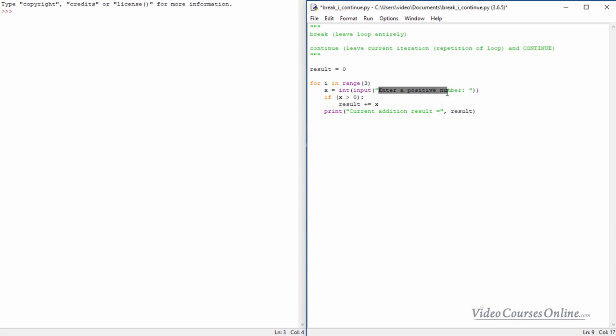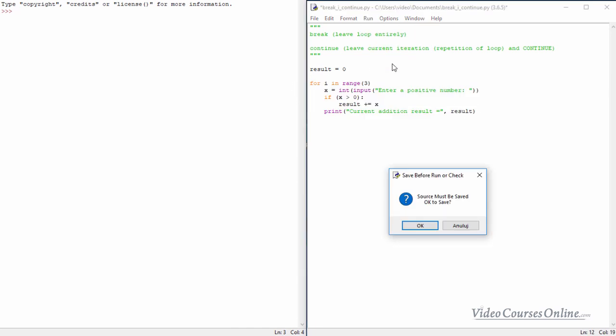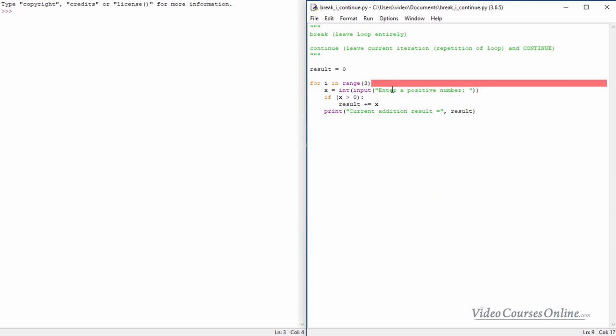Okay? Then we ask the user for a positive number. We change that number, because it's really a string, into an integer using the cast function. Then we assign it to x and then we check if x is greater than 0. If yes, then we add this x to the result and then we send the current addition result to the output. So now it's a pretty easy program, but the problem is that when we run this module,